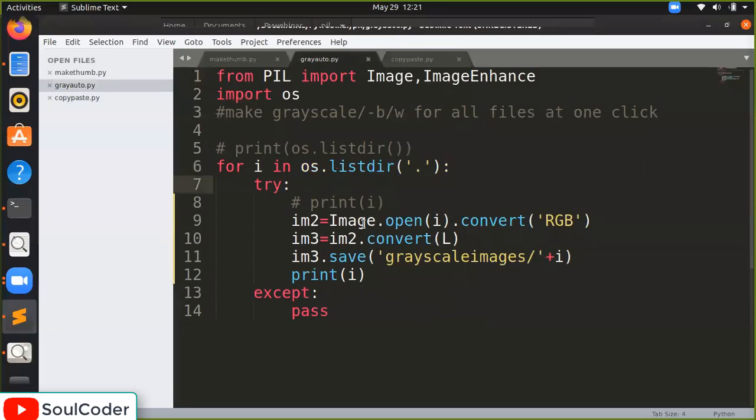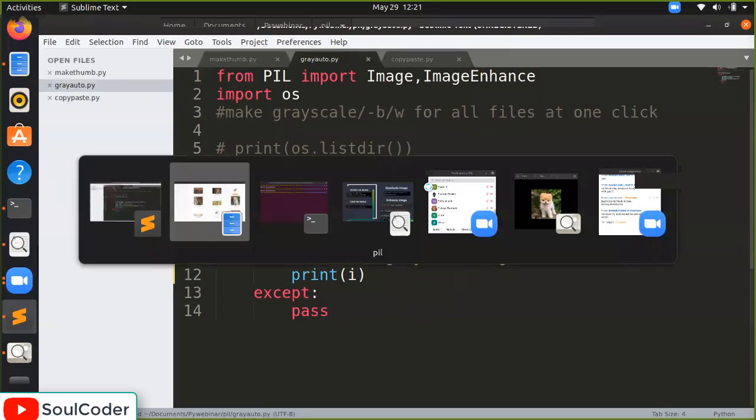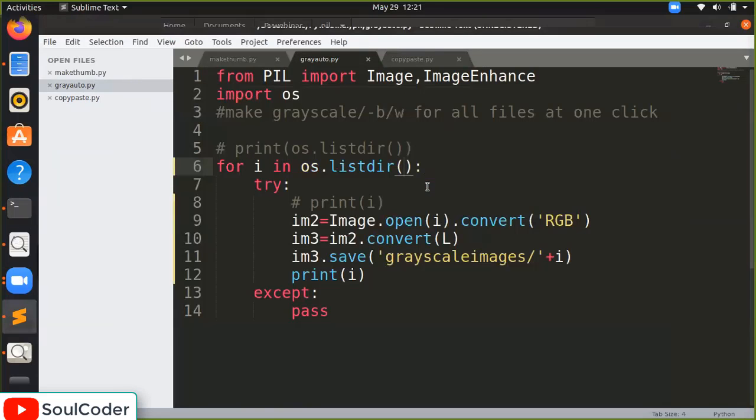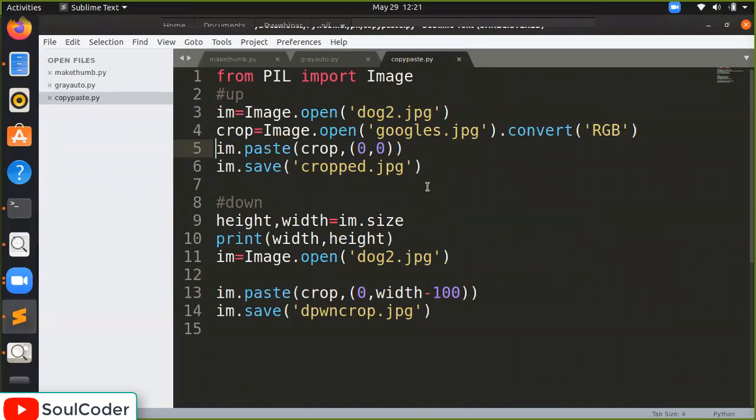I will look at the gray auto file and let you know what exactly is happening over here. It's not coming toward this. Okay, there is an error. I will try this code.